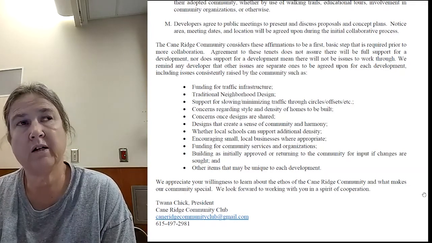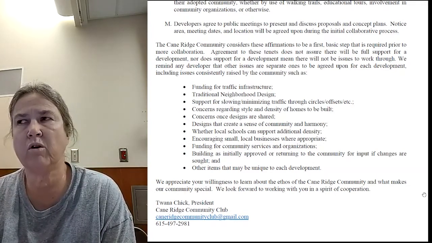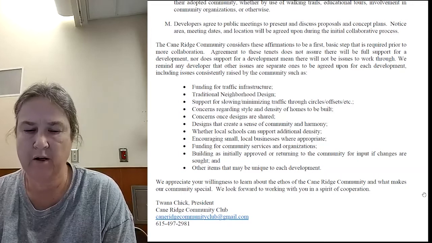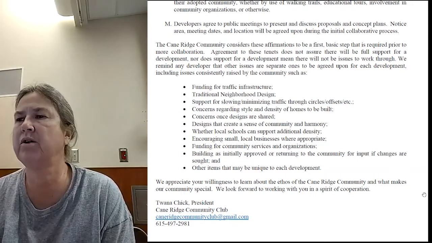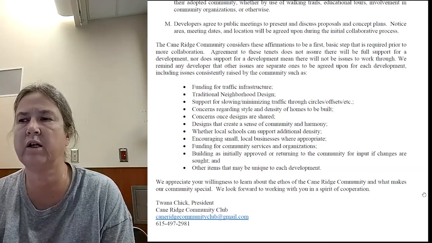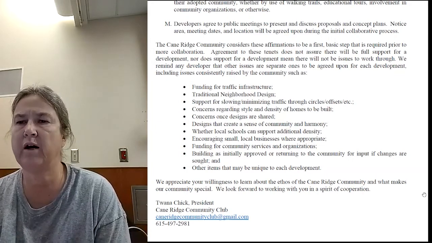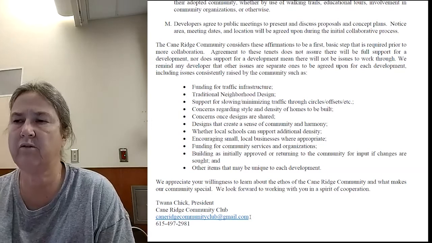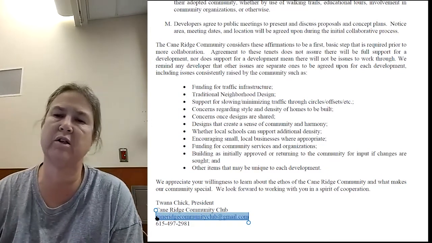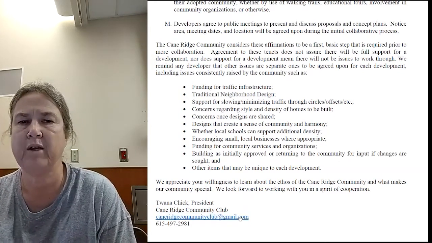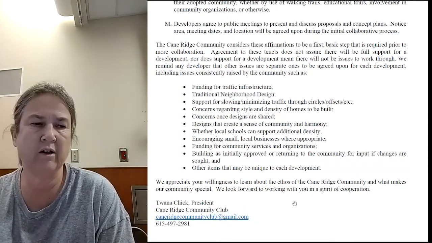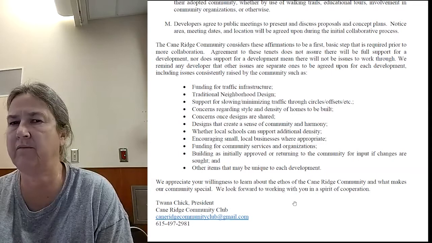Our second set of documents that we are working on, and that is mostly finished, we just need to spruce it up a bit, are the community building standards for Cane Ridge, where we get into more nuts and bolts about, okay, now you've done the community resource declaration items. Here are some of the additional things that we want you to look at if you still want to move forward. And that again goes back to not having to repeat the same things every time.